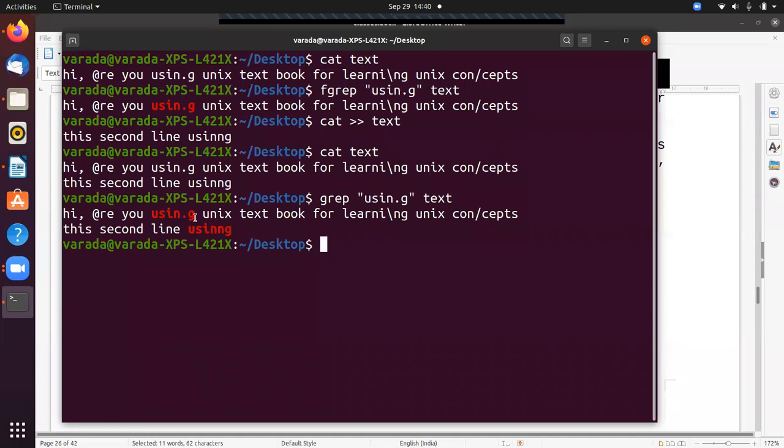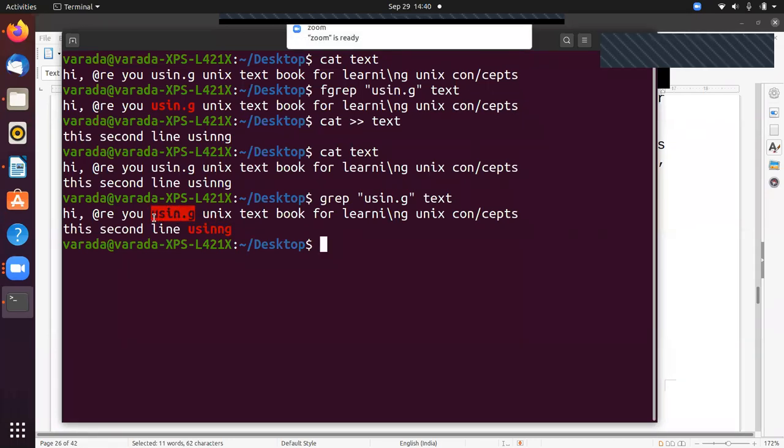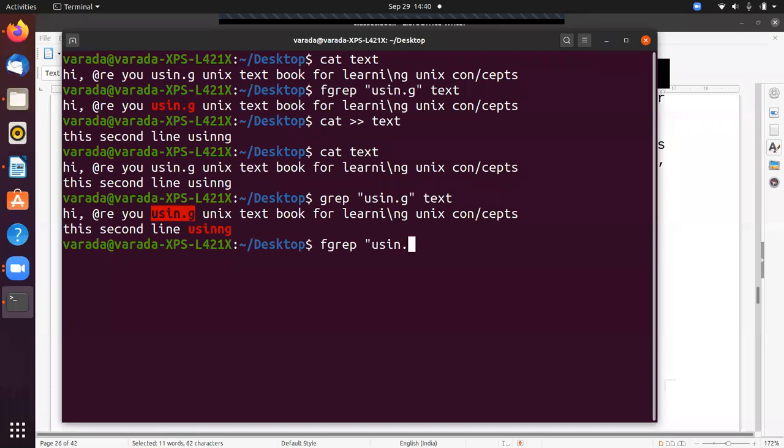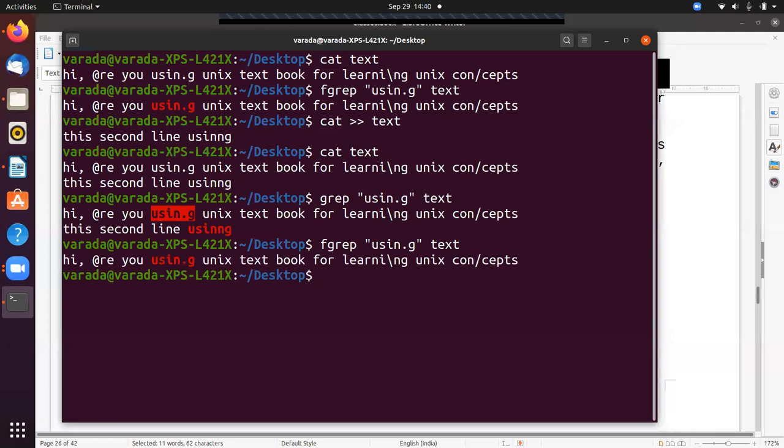Now I want to print only this usin dot g. Then how? fgrep. What is the pattern? usin dot g text. Now it displays the exact match only.